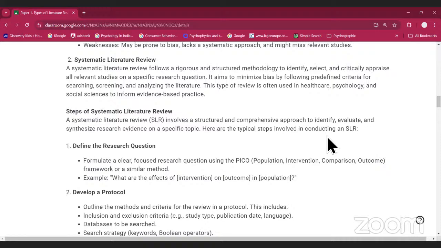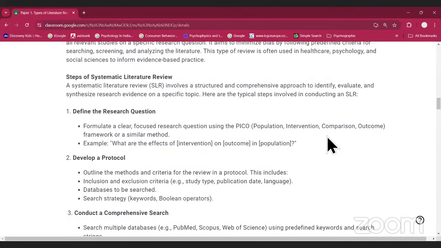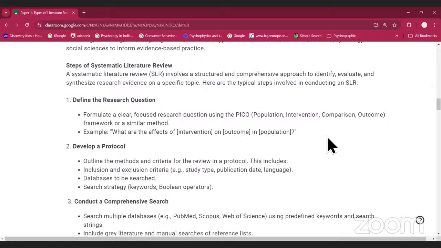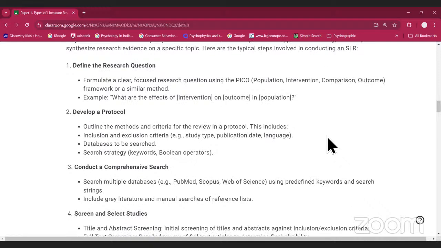Next is number 2. Develop a protocol. Outline the methods and criteria for the review in a protocol. This includes inclusion and exclusion criteria, example, study type, publication date, language. Databases to be searched, search strategy, keywords, Boolean operators. Conduct a comprehensive search. Now, Boolean operators, that includes